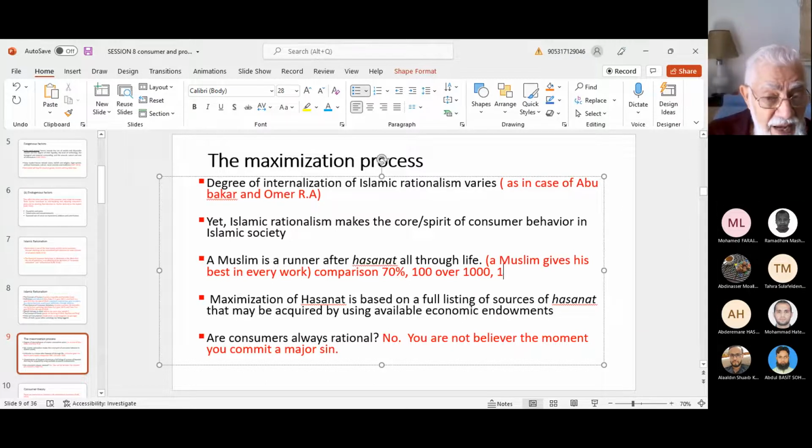So the Quran and the Hadith are full of quantifying hasanat, counting things, quantifying values. Like here, the value of sabr makes 1 to 10, but the value of sabr with some weakness makes 1 to 2, not 1 to 10, and so on. So many of these comparisons in the Quran are there. So really, it is a matter of counting hasanat.